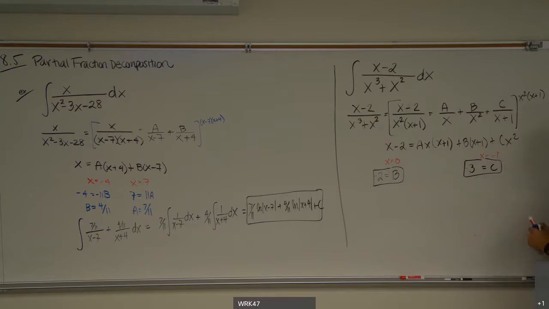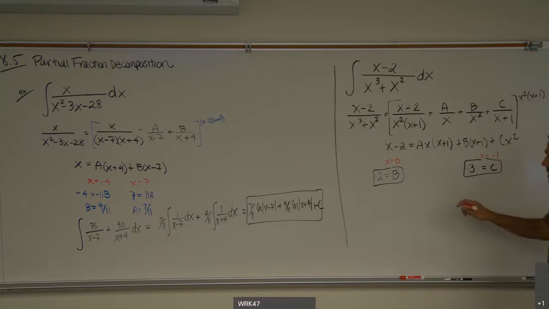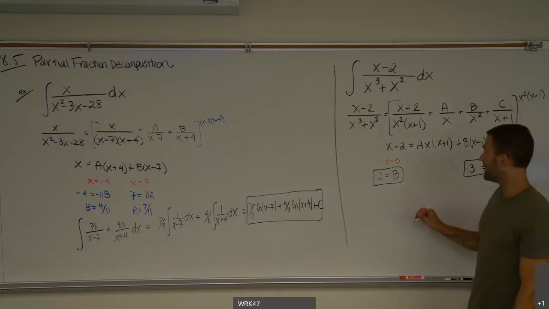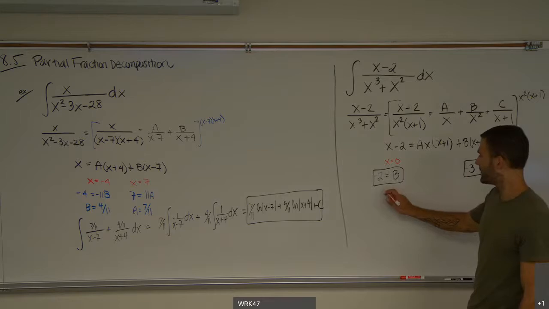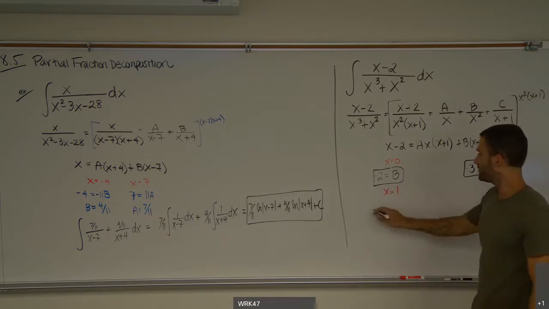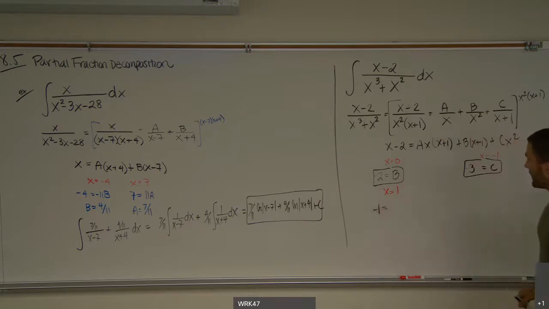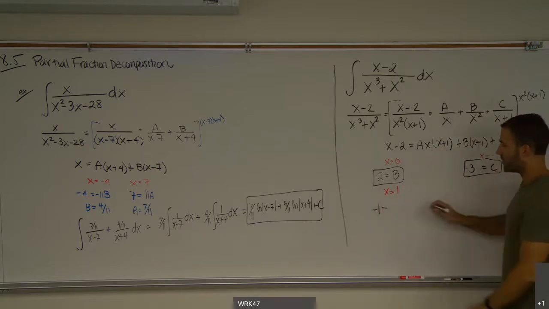Now, we still need to find A, but in this case, we need to choose any value of x now. We're not going to be able to get rid of the other ones, but we already know what B and C are, so that's going to help us. In this case, let's make x 1. Let's use that other one I was going to use a second ago. On the left-hand side, we get -1. Here we get 1 plus 1 is 2. 2 times 1 is 2. So 2A